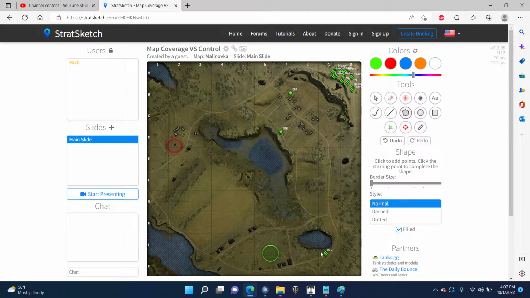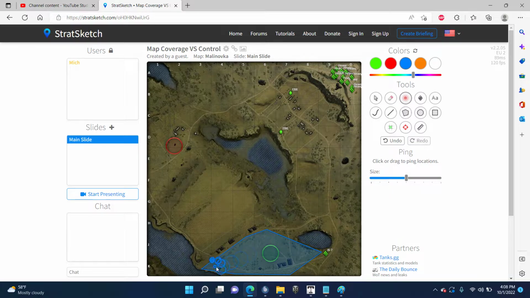So what does this IS-7 have coverage over? Because he doesn't have control. What is one IS-7 going to do? It's just one IS-7. Maybe if they bring one medium over there, but at this point we don't really know where the enemy is. So this IS-7 can see a lot of this area. He can visually spot it. The IS-7 is a great spotting heavy tank, and he can cover that cap circle. Now, he may not necessarily be able to see all the way down here, but this is the general area